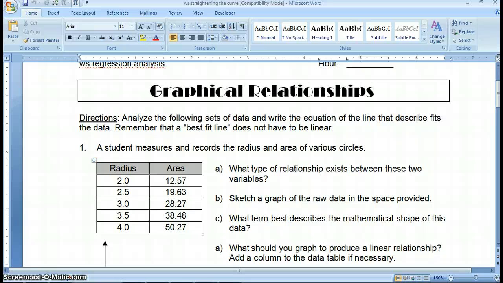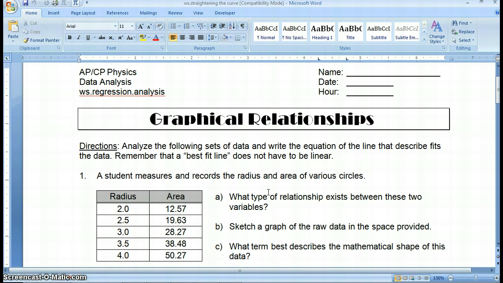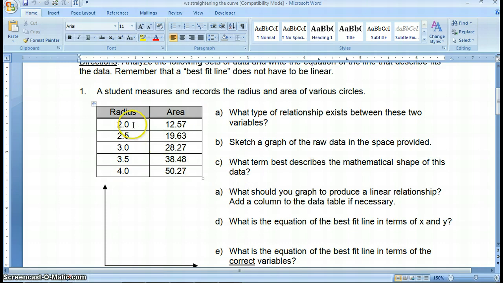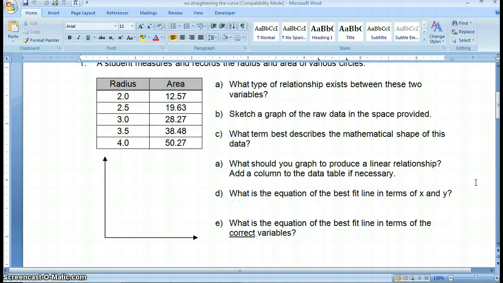In this video, I'm going to take you through the steps involved in inputting data into your calculator, checking out the trend or the graph, and also manipulating that data to form a linear relationship. So for this worksheet that we have here, it's called Graphical Relationships. There are several different examples and sample data, and what we're going to do is check out the original shape and then straighten that line or straighten that curve to a line so we can approximate the equation for that